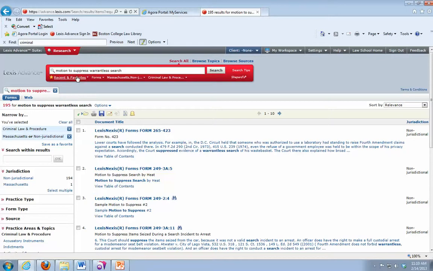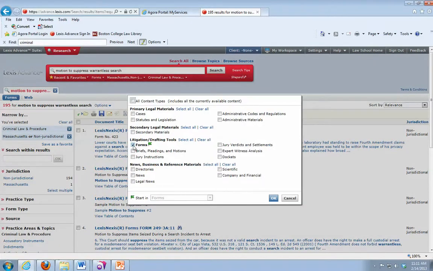Just typed in motion to suppress evidence that was seized pursuant to a warrantless search. So I just put in some of the main search terms. Lots of different types of motions to suppress, right? So if you just type in motion to suppress, you get a lot of results. Good to narrow it down. And actually, this is probably still too broad, but just to give you a sense of the hits that you get. So under the category, clearly I put it on forms,